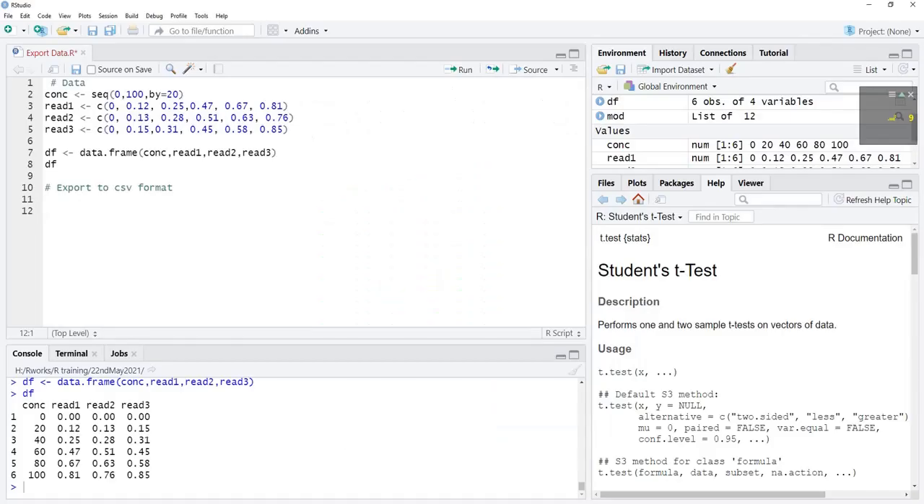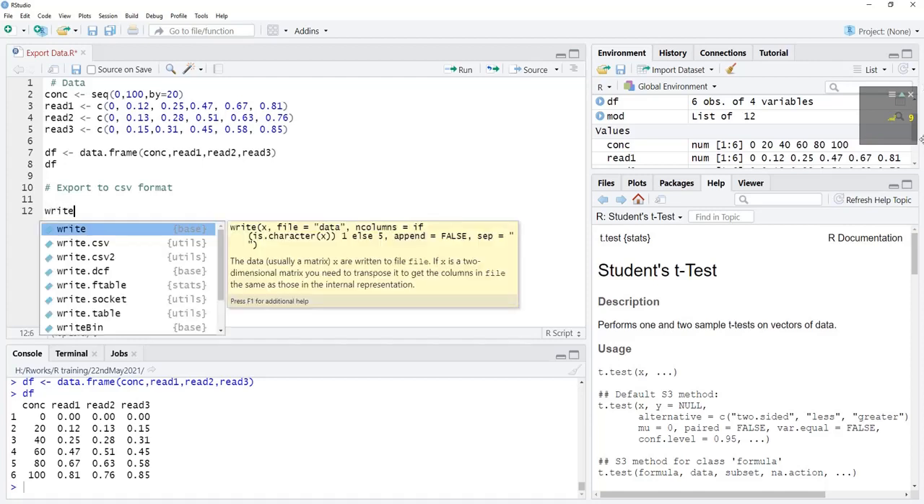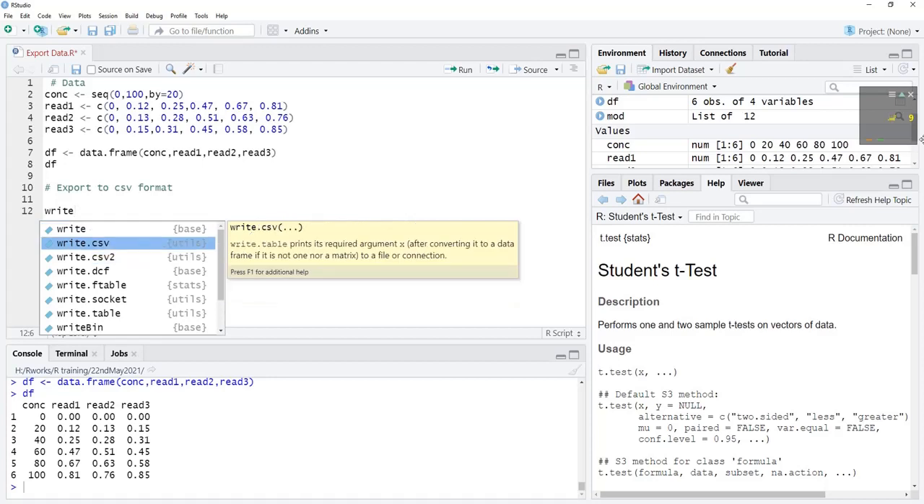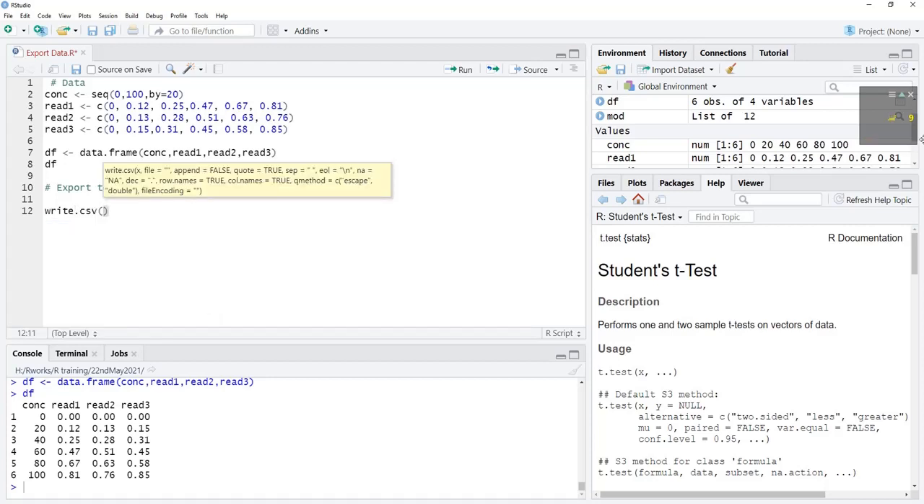Here we will export this data frame to CSV file. For that we'll require the function write.csv, and this function is available as base R. Here the first argument is the data frame df and the second argument is the name in which we want to save our file, and this name is, I will just write as export